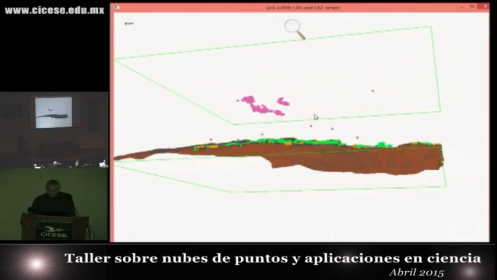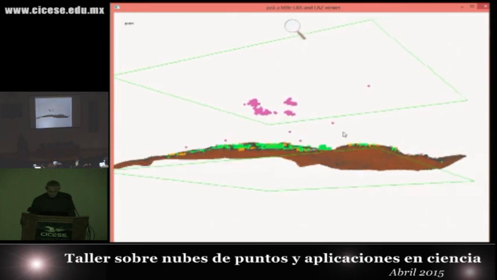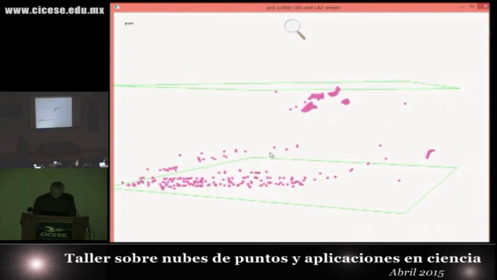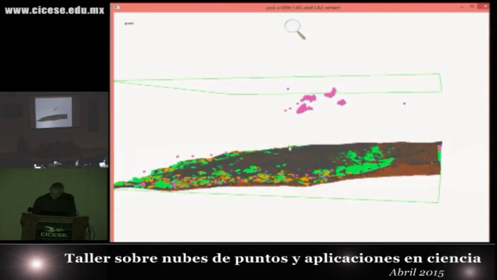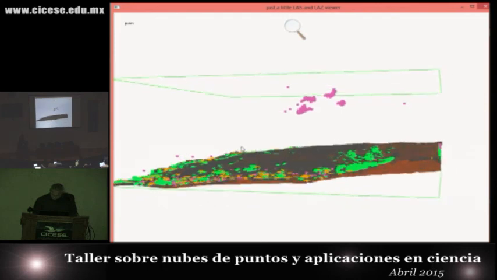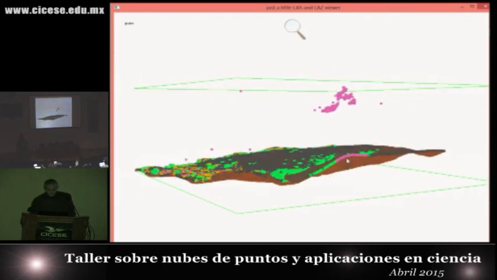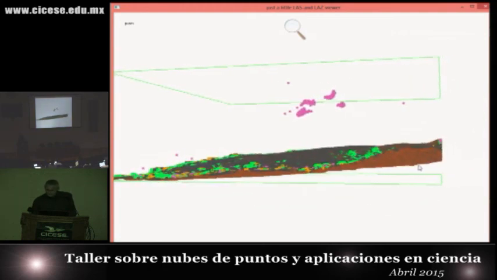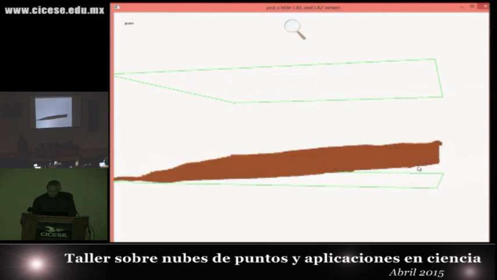So everything that is not really on the ground is certainly a noise, and if we have a few more. Oh, what's here? You know what you got here? That's an edge artifact. Because it's on the edge of the tile, exactly on the edge, and the ground in this area is